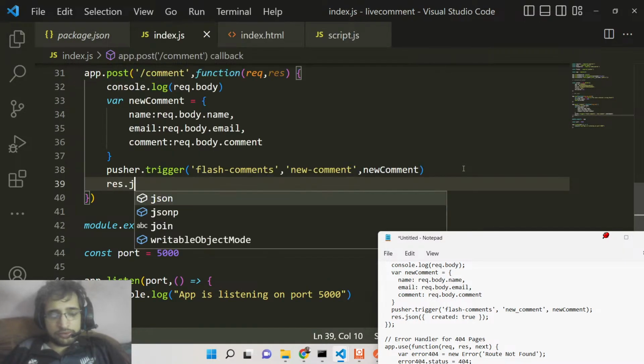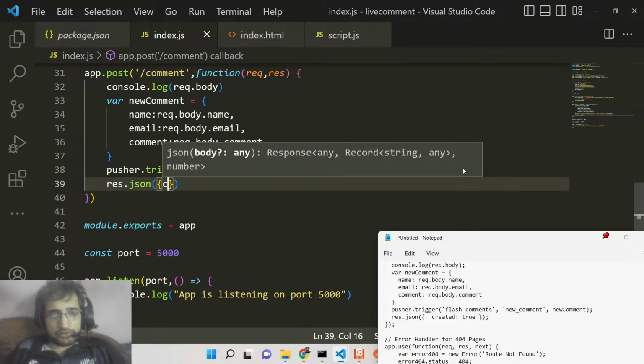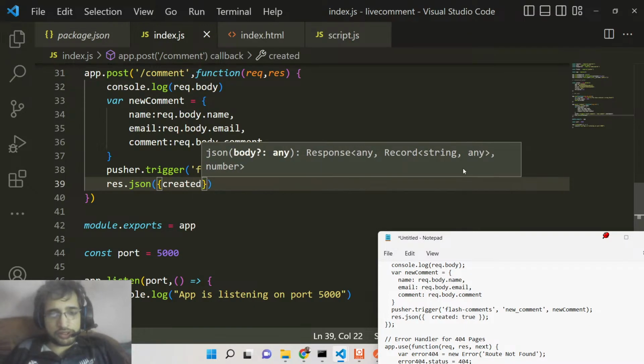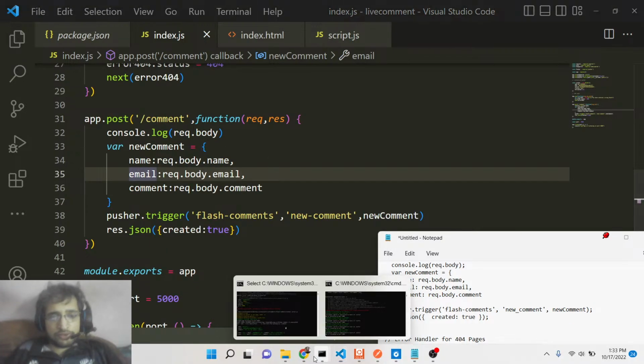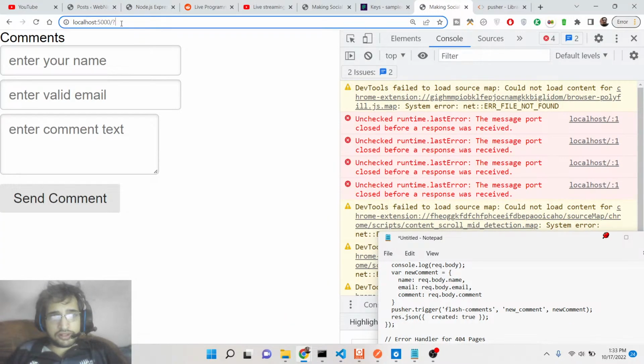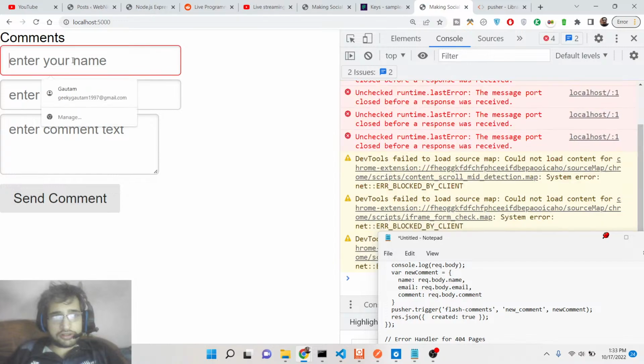And then we need to pass a JSON response here, guys, which has a property of created set to true. That's it. So now, guys, if you refresh your application and try to send a comment,